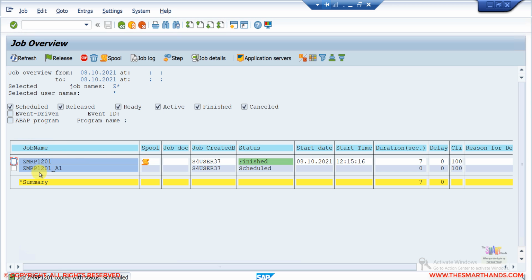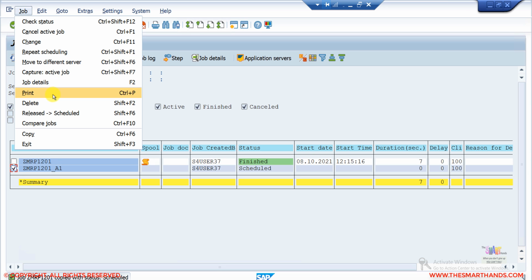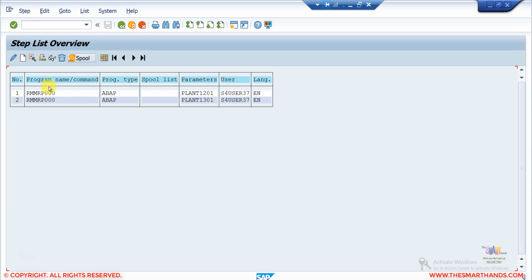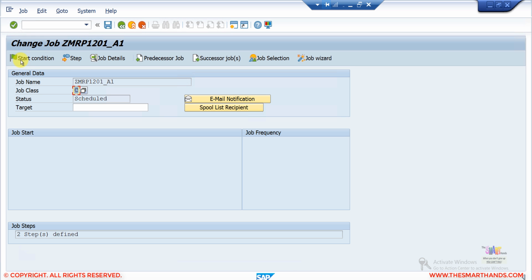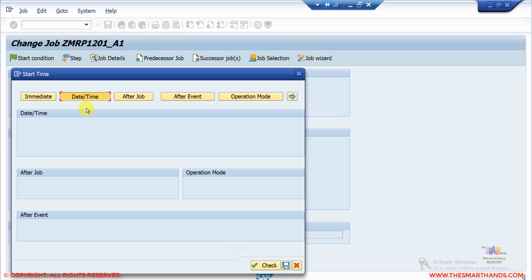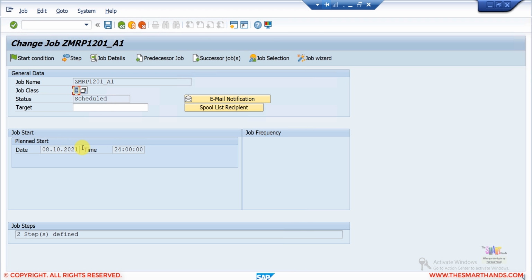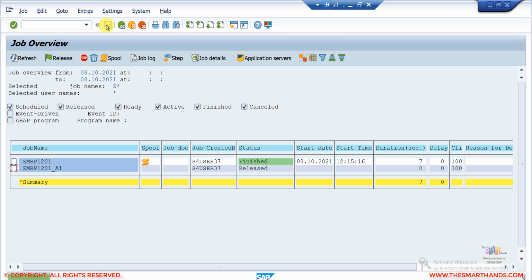I can copy, and here you can see after copying, I can select it. I can go to job. It will copy everything except the time. If I click on steps, you can see all the steps are there, and I can click on start condition, date and time. I will use the same date and time, and I can check and save. Now it's saying scheduled on this date, on this time. If I save it, it will not run now, but if I refresh it, it's saying released. Released means it's waiting for that time to start,